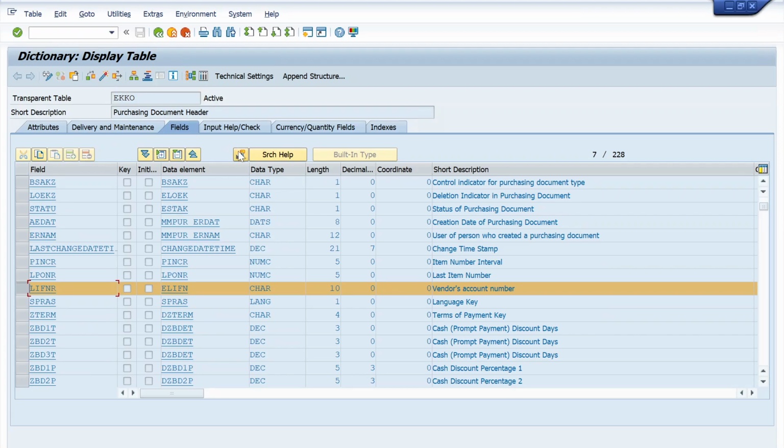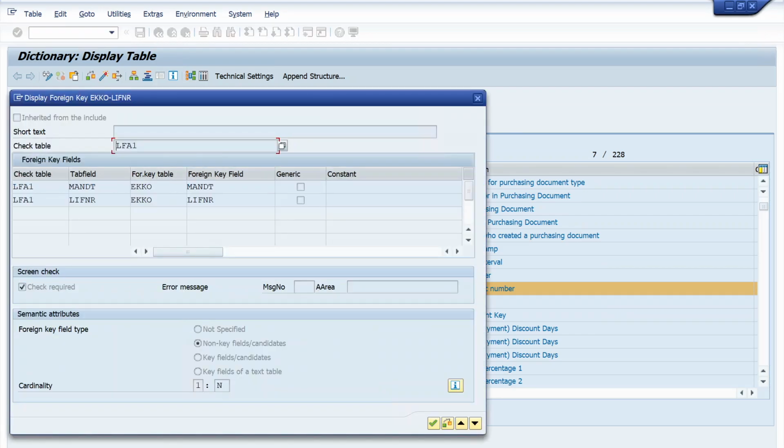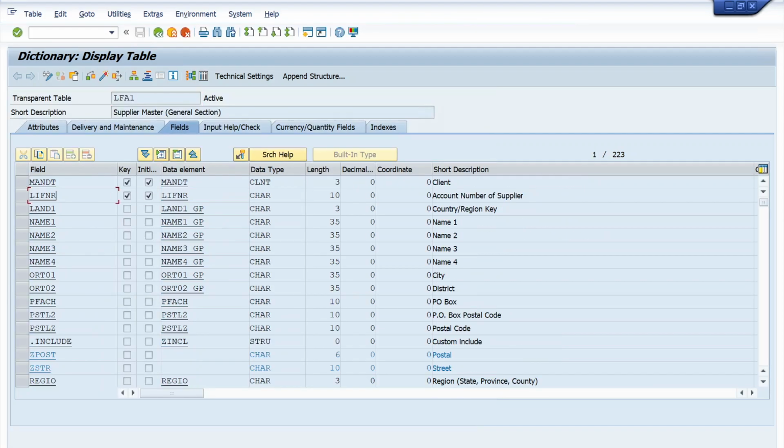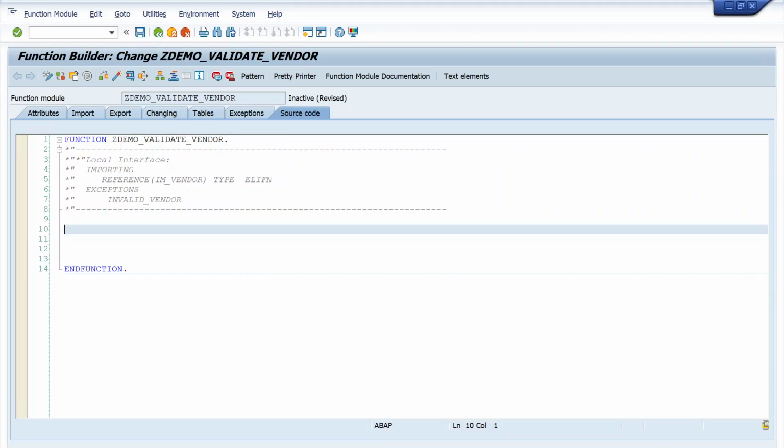What is the check table for vendor? LFA1. So you can write a select statement on LFA1 to find whether the vendor is a valid vendor or not. Which select statement do we need to write? Select single or select? Select single. Select only LIFNR from LFA1